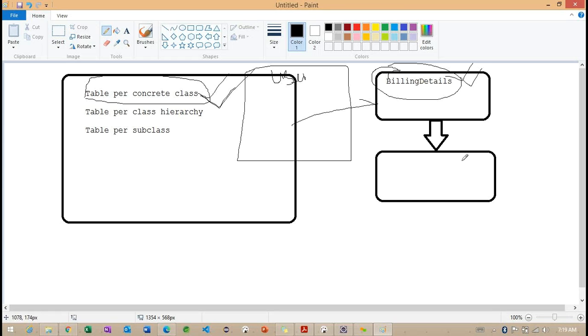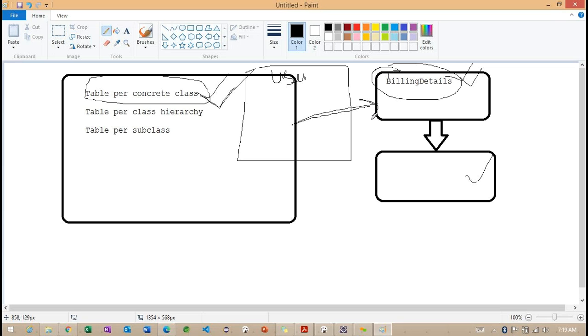But inside this billing details, again we are going to create different billing details. We'll discuss that after completion of this relation. But now observe how this user and billing details are going to communicate with each other, with reference to the primary key as well as the foreign key. Getting the point?